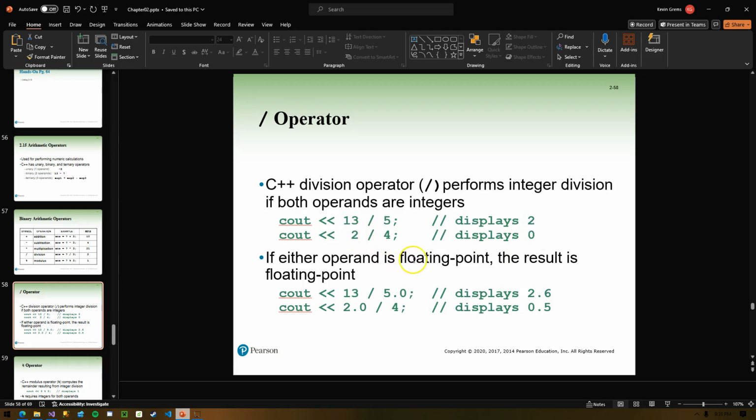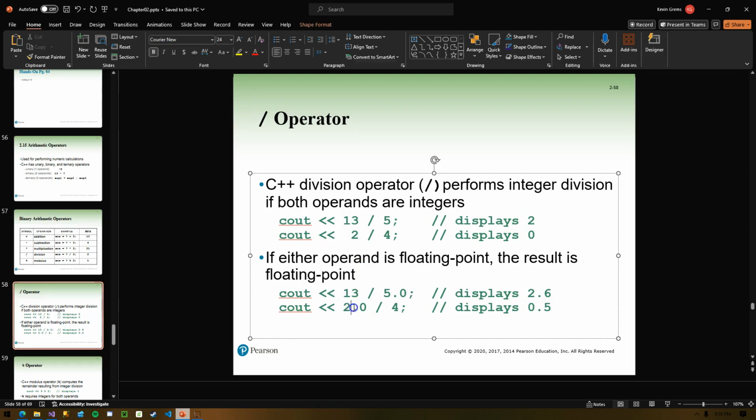If either operand is floating point, the result is floating point. So the fact that you have a single floating point value in a division operation converts the math to floating point. So 13 over 5, it'll show you 2.6. 2.0 over 4, you'll get a half.